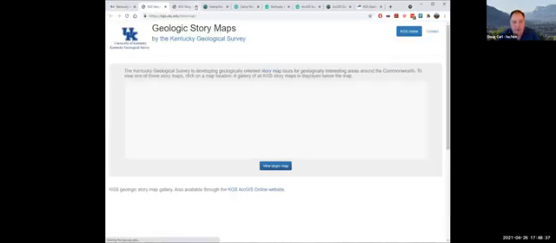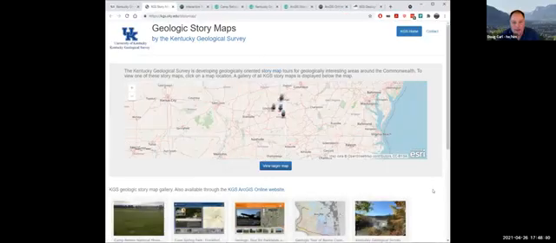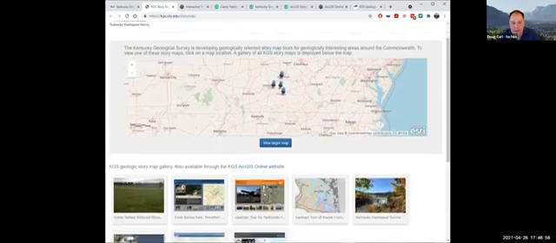And so if you open that, you get a page that looks like this. And we've embedded a map in here, and if a story map that we've created is talking about a specific location, then we put a pin on the map, and so you can get it that way. And so this is the Camp Nelson one that I'll talk about more in a minute.